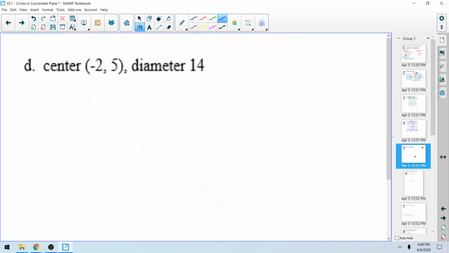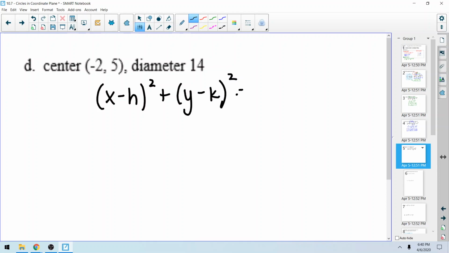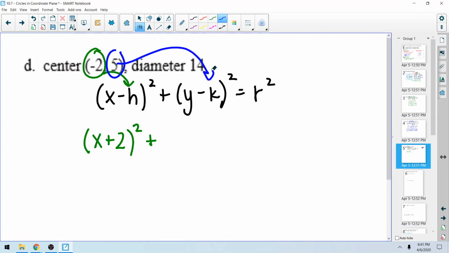Letter D. Center of negative 2, 5, diameter of 14. So, x minus h squared plus y minus k squared equals r squared. Take the negative 2. X minus negative 2. What happens when you minus a negative? X plus 2 squared. Then we're going to take the 5. It's just a regular 5, so y minus 5